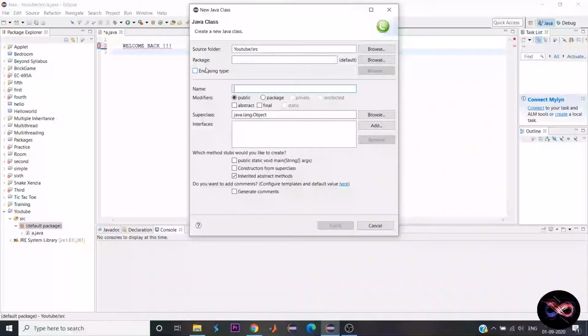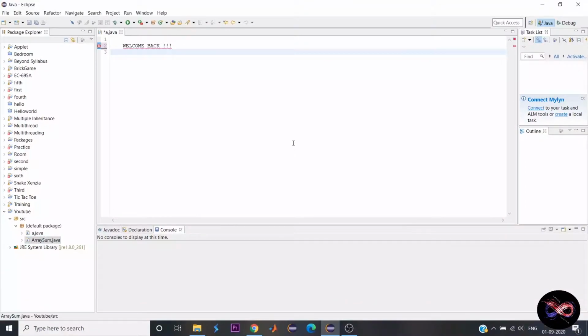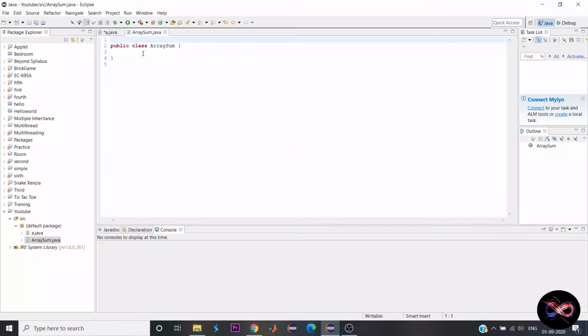So I'll be giving it as array sum. So just finish. You can see it created a new file named array sum, the public class array sum.